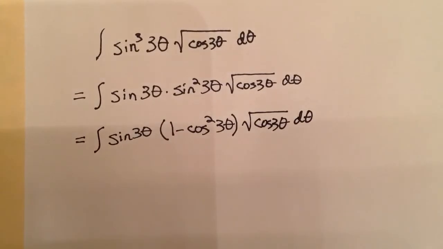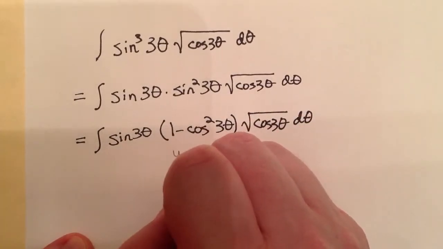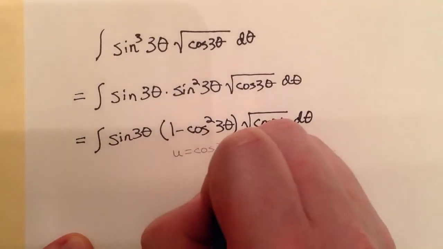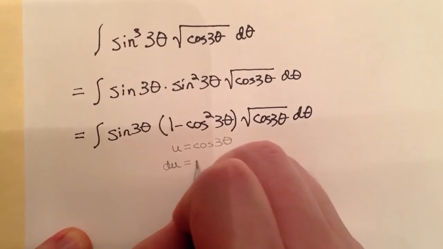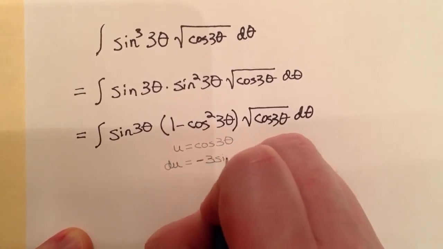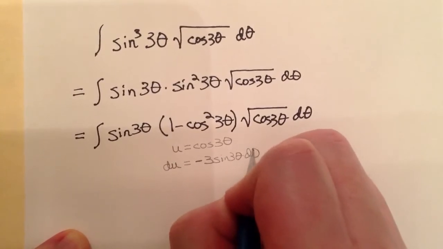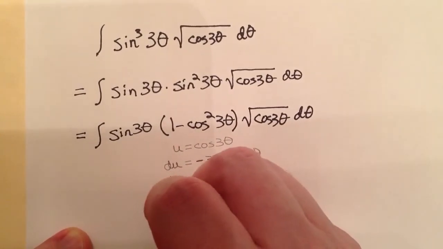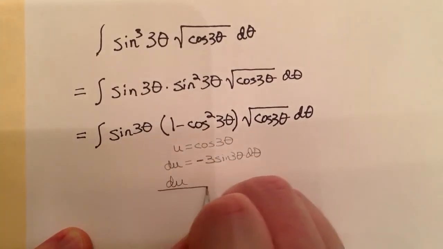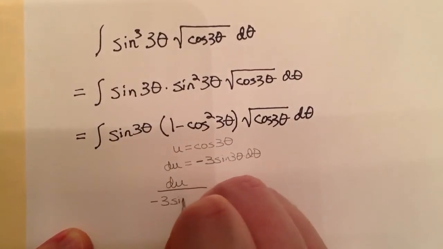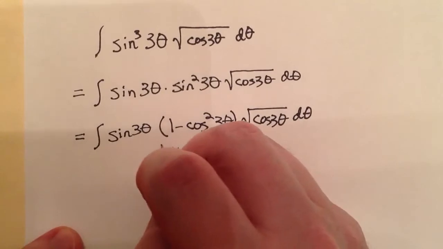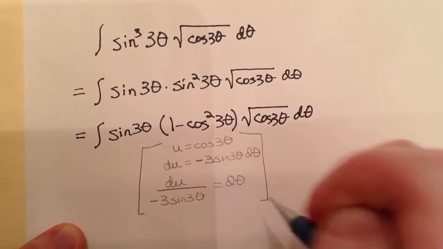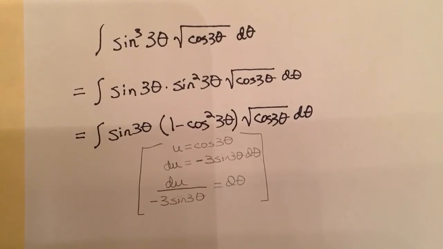And so for what we have in the setup, we can set u equal to the cosine of 3 theta, and taking the differential, we have that du is equal to negative 3 times the sine of 3 theta d theta, whereupon we have for d theta that's going to be du over negative 3 times the sine of 3 theta. Thus in carrying over what we have,